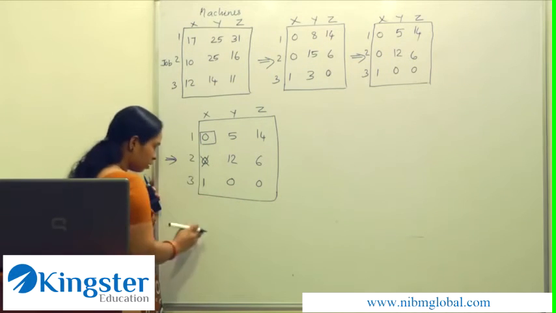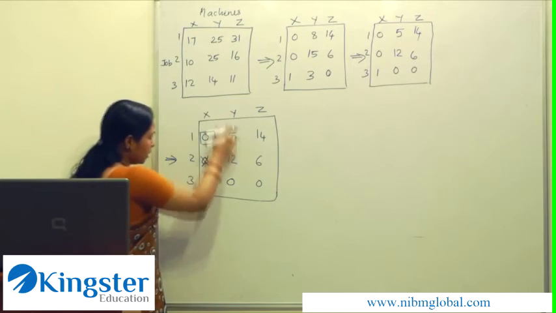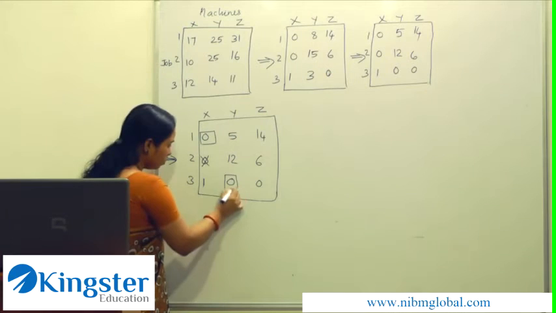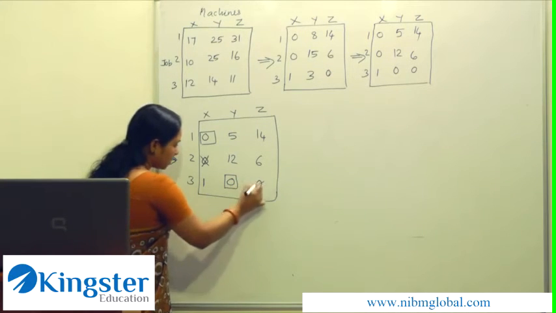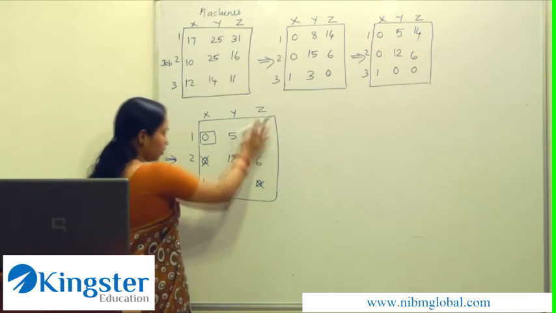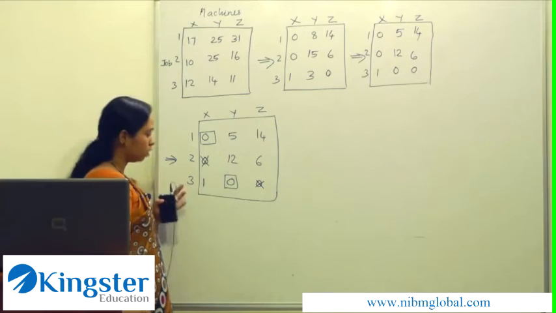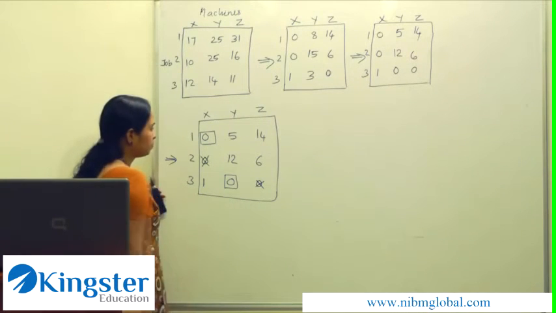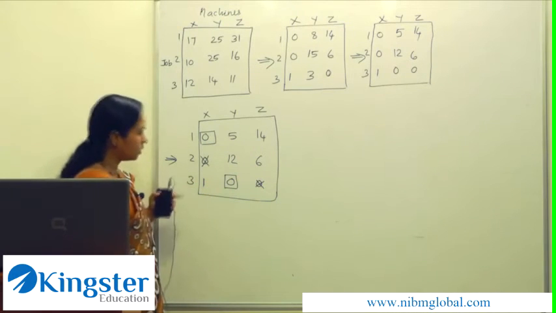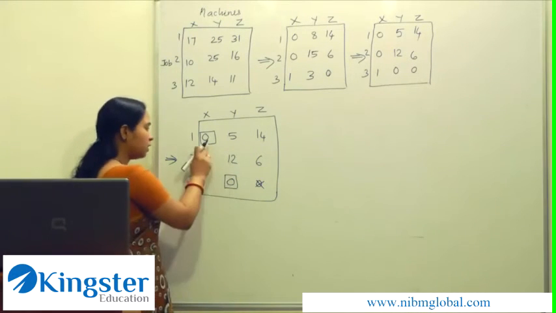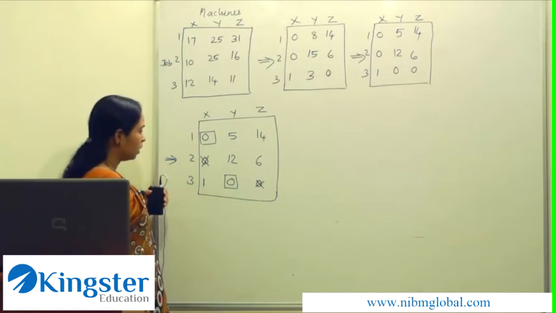Now go column wise. No zeros are left in the first column. Second column we have a single 0. So this 0 is assigned and it is crossed out. Now move to the third column. We have no zeros in the third column, which is not marked. Now consider the entire matrix for unmarked zeros. All the zeros are either crossed out or an assignment has been made.